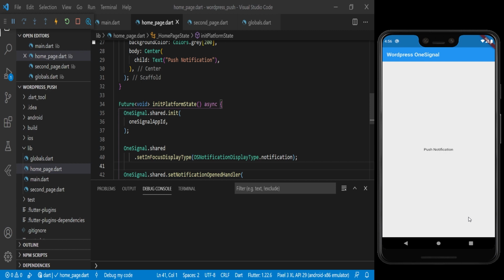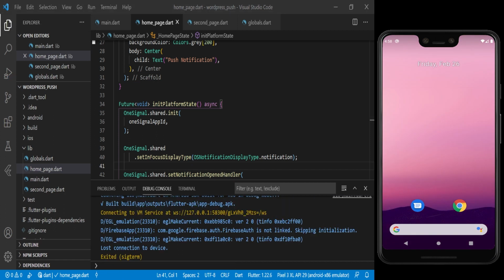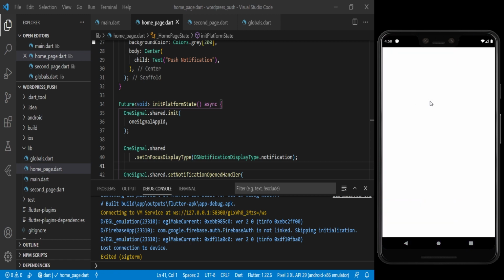So now we will close the application and we will send a notification, and we will see if we are getting that notification or not. So our application is closed now. So now we will click on any notification. So we have received the notification here. So if you see here, there is no application running in the background. So if I click here on the notification, now our application is getting opened, and we are just redirected to the selected page where we have to show the notification.